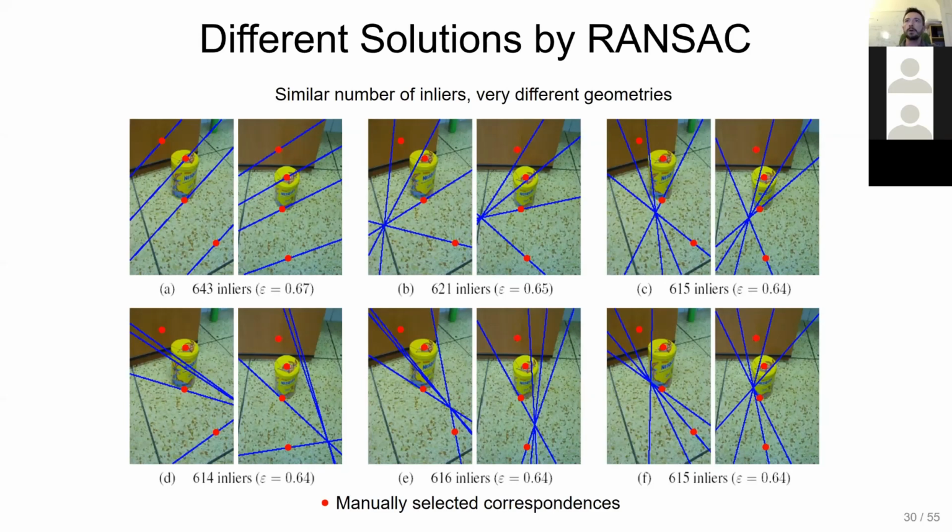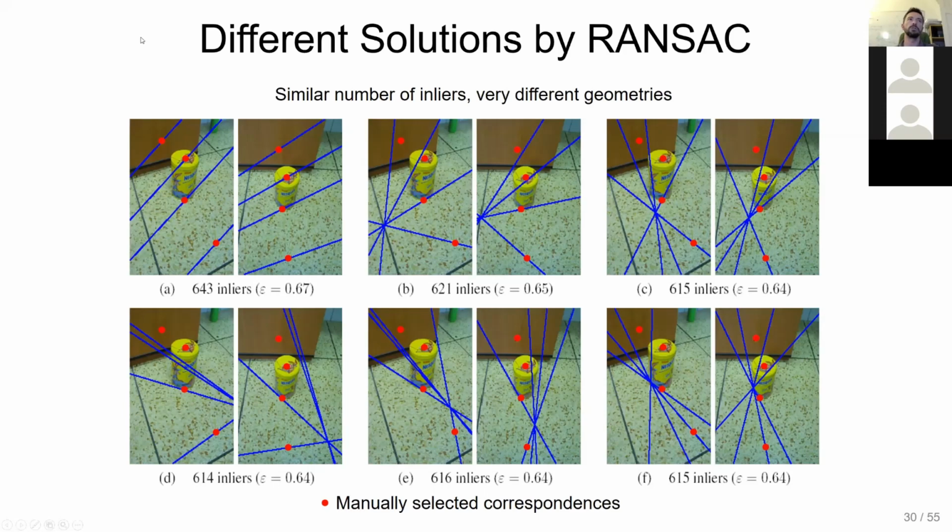All of them are consistent with the whole ground plane, but none of them is consistent with the points off the plane. So only the first one is the correct geometry, but the number of inliers is almost the same,